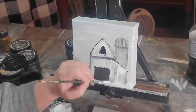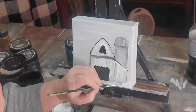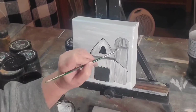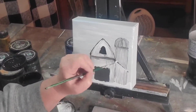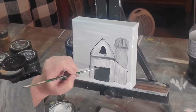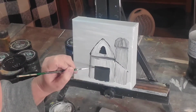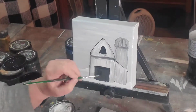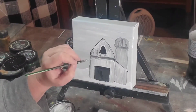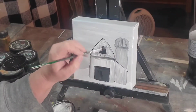All right, so now we're just coming down into this little offshoot of our barn and getting that all filled in and fully covered with paint, and just kind of getting the base color the way that we want it, getting our lines straight here on our door so that it is fully covered in and filled in, and that we have the straight lines there. And I'm adding a bit of shadow and light here to the very top,